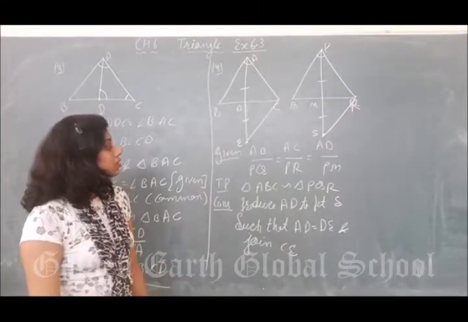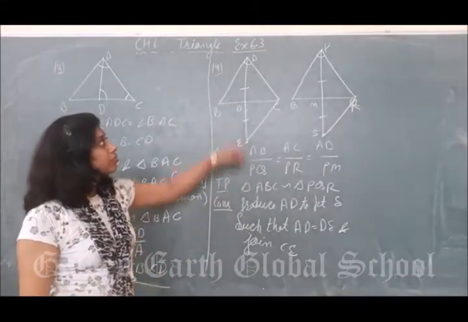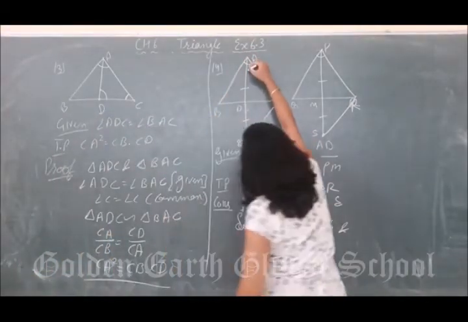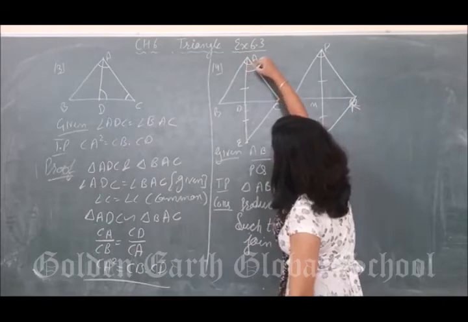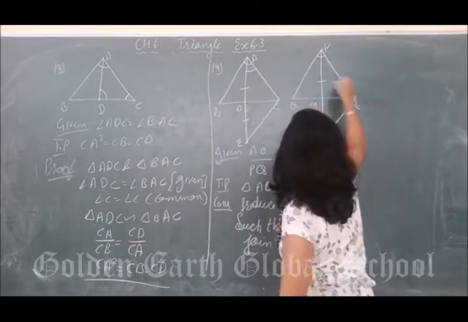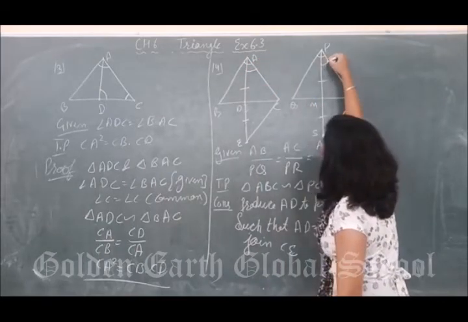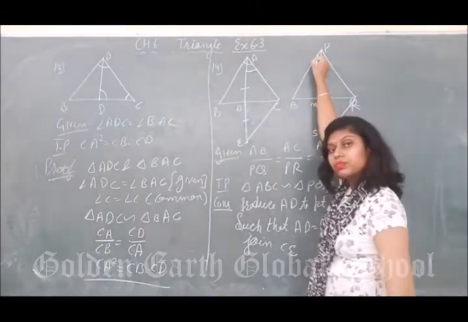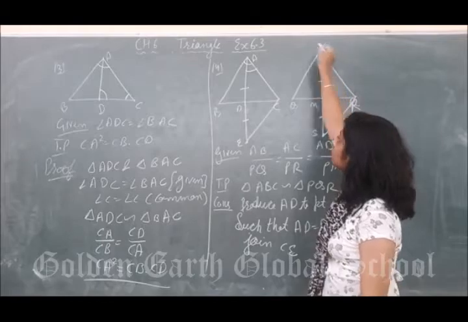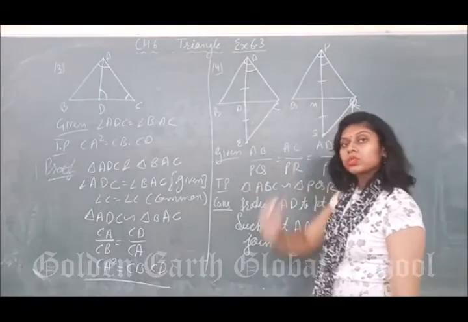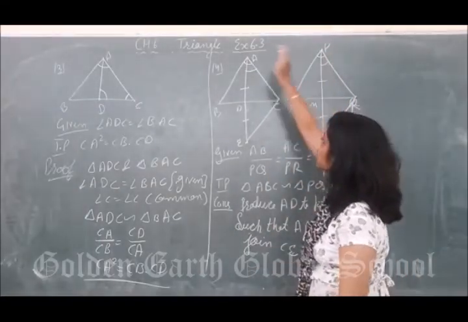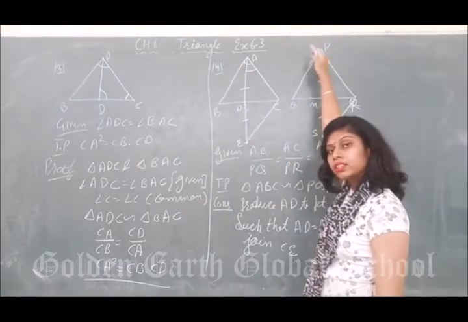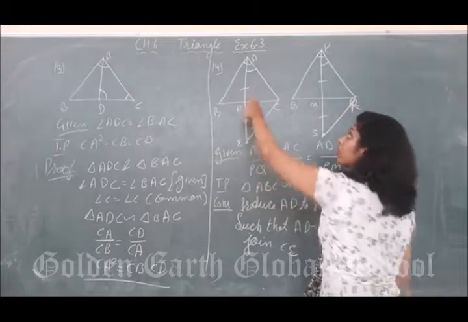Clear? So first of all we have to prove angle A equals angle P. For this we will prove this smaller angle. If I prove this smaller angle CAD is equal to RPM, then I can double this angle because this is the median, to prove angle A is equal to angle P. Or you can say, similarly you can prove these two angles and then on adding we get this complete angle similar. First of all we need this smaller one.